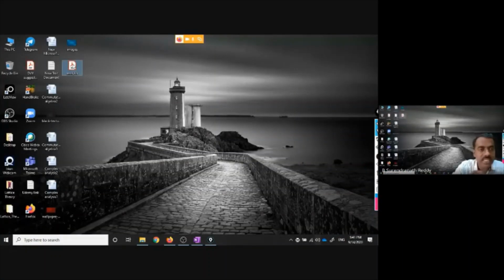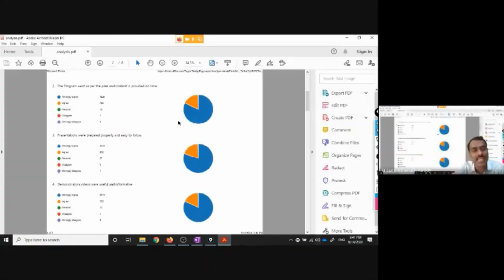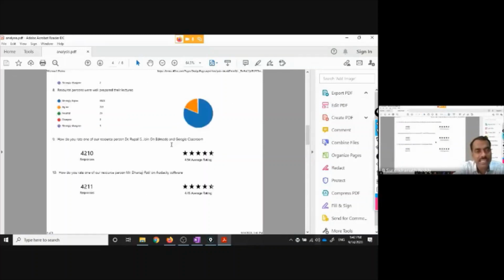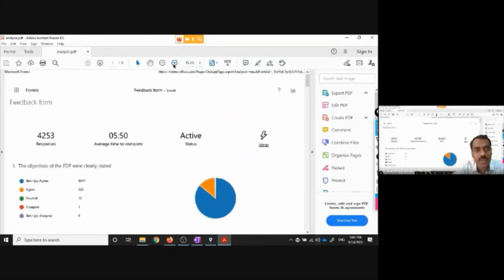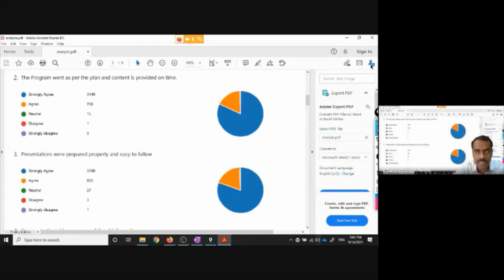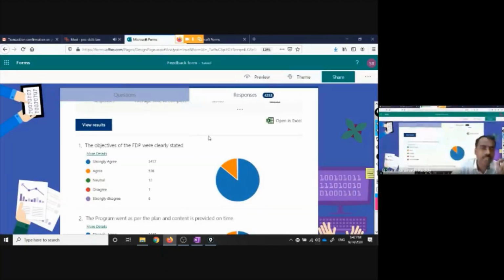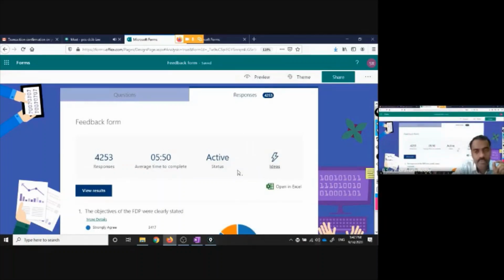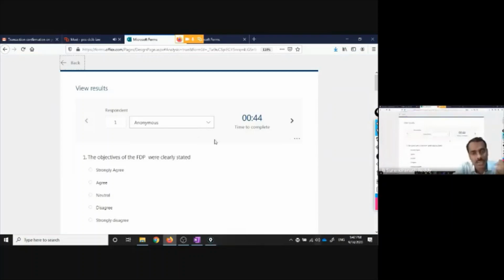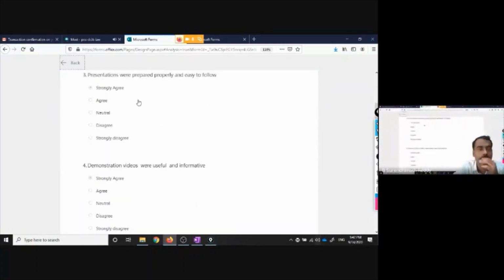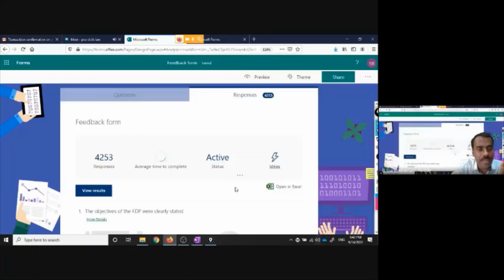You can see that I have downloaded the analysis as a single PDF file. Nothing has changed, as it is, just like we saw on the desktop in the browser. You can see the quick results, and you can also open the Excel sheet. That is not a problem. You can see the results individually or overall also, right? These are the nice things about Microsoft Forms.